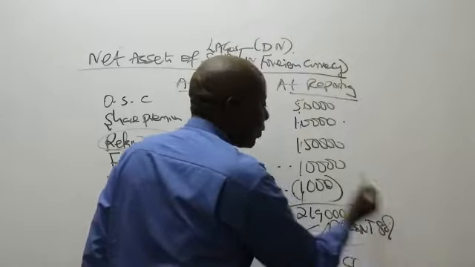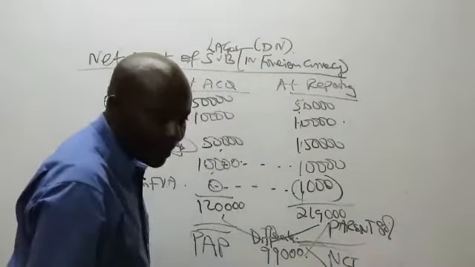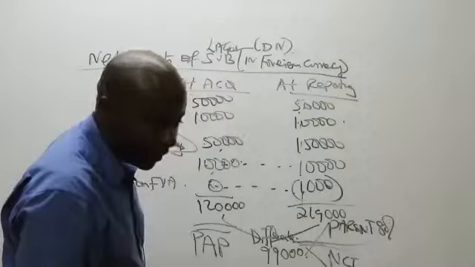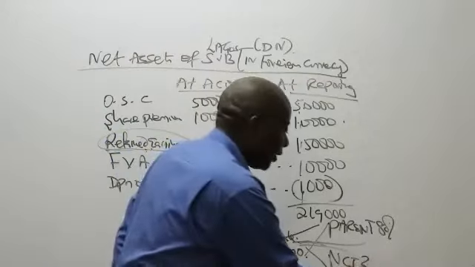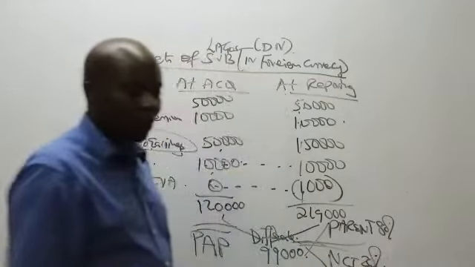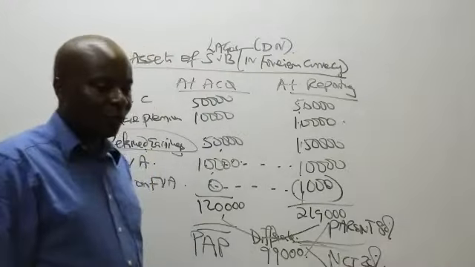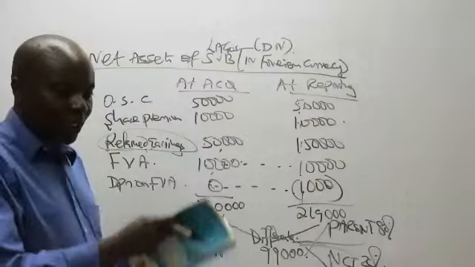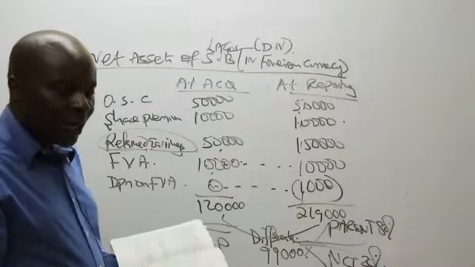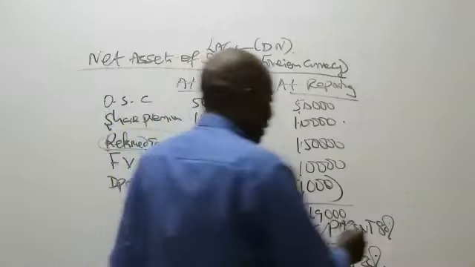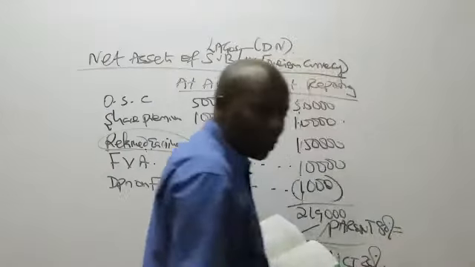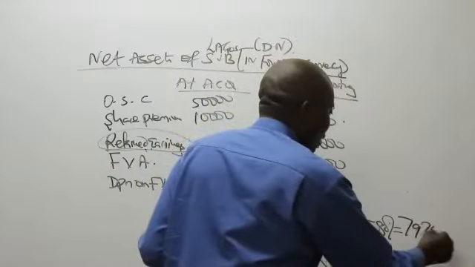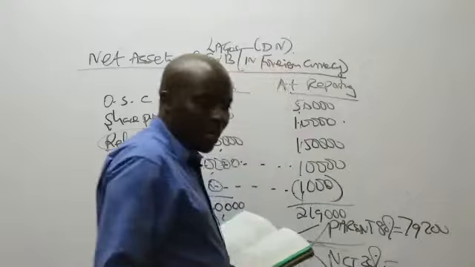Remember the parent was 80%, and therefore NCI is 20%. So the parent gets 79,200, and then NCI